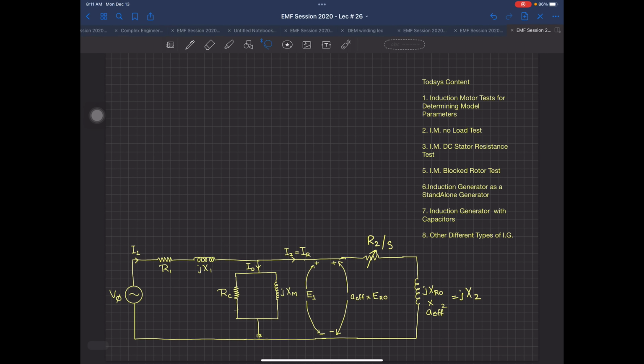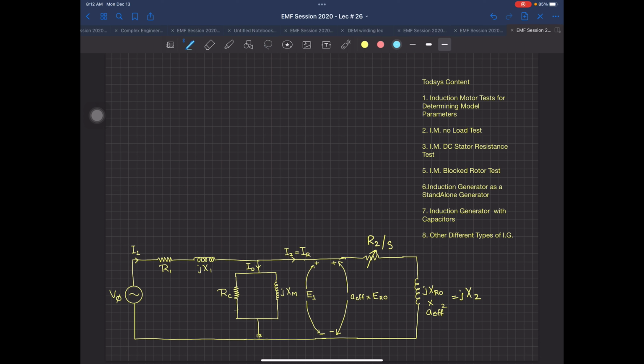Okay, lecture number 26, and today we are completing the induction motor. As you can see, the contents are related to two articles, article numbers 6.11 and 6.12. By chance, you have also done these two articles as experiments in your lab, because you are doing the blocked rotor test, the no load test, and you're also working on the induction generator part in your lab. Today we are going to discuss this too, and then I'm going to also do one numerical.